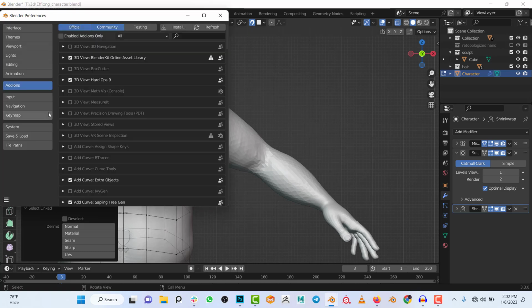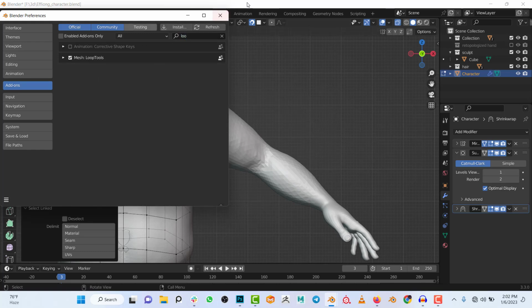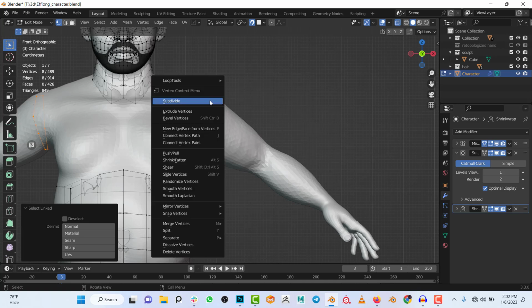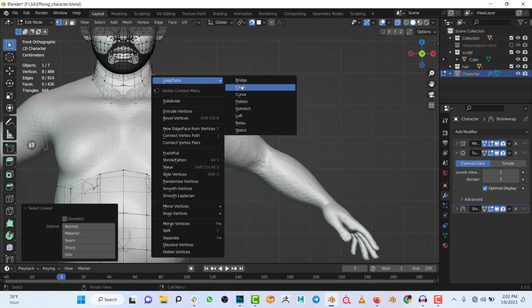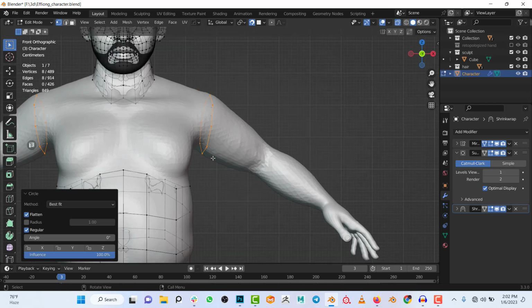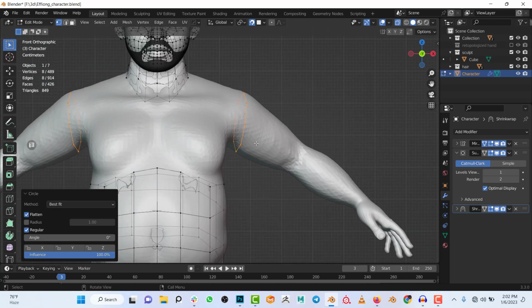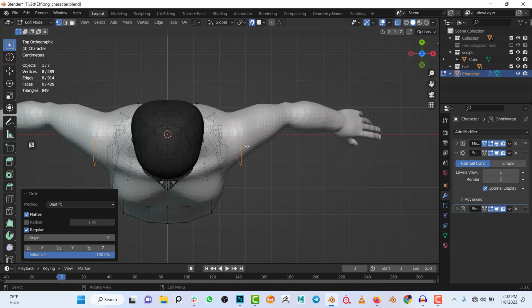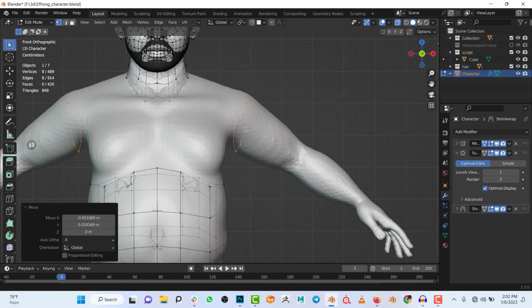cycle option. But if you don't have this option showing, all you can do is go to Edit, Preferences, and under add-ons, you search for loop tool and make sure it is enabled. Then you can close it. So if you right click now, you should see the loop tool option here, and I'll just click on cycle. So what's the spacing between each of these vertices here? So from top view, I would turn off snapping and move this into place here, something like